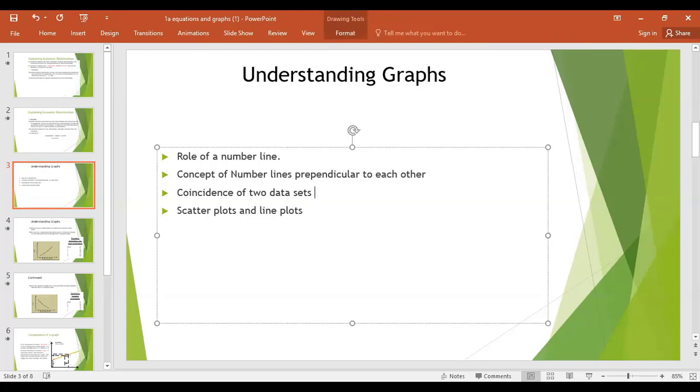It means now you can compare two different qualities of the same number, or you can compare the coincidence of two data sets. Coincidence means you are saying that income and consumption. So income is like 100 and consumption is like 70. You can place a dot here. Now it is actually comparing the coincidence of two behaviors, two phenomena.